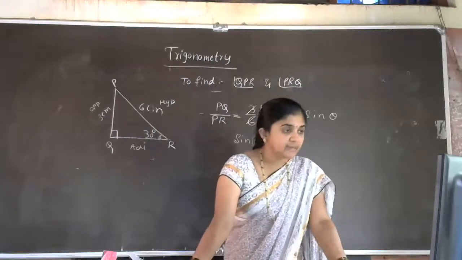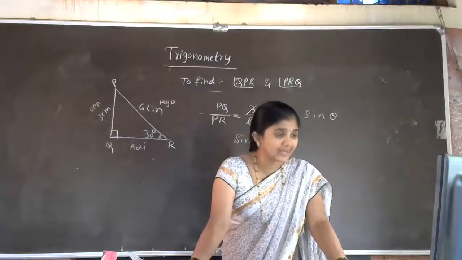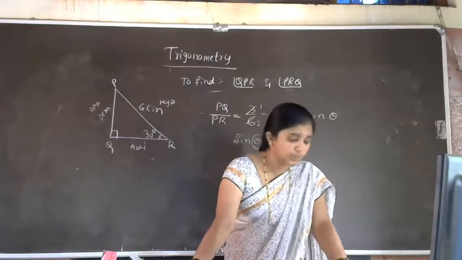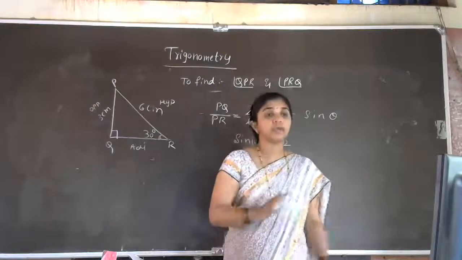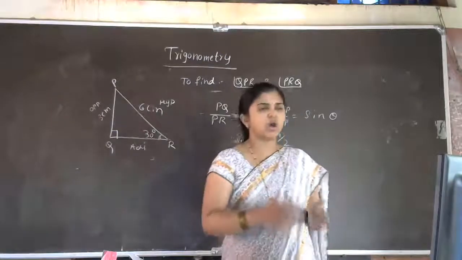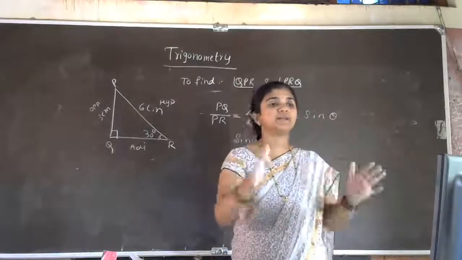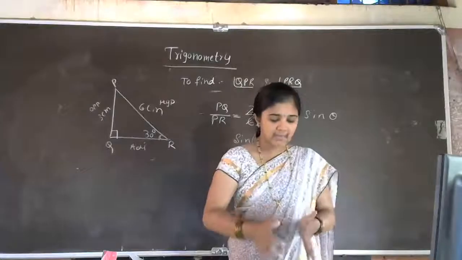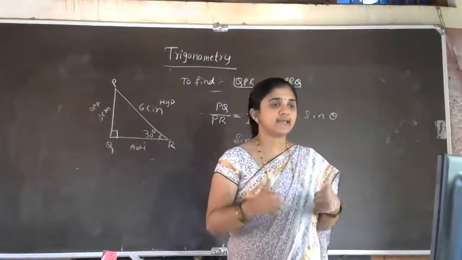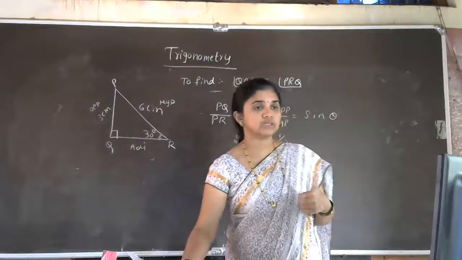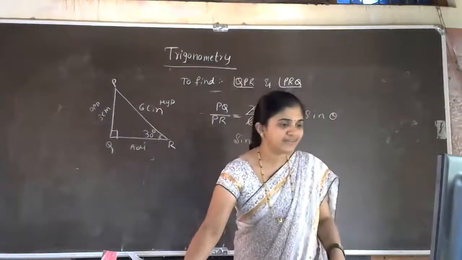Example 6, example 7 and example 8 are also there. Example 8 we'll discuss tomorrow. Today's homework is the second exercise. Now you are able to work out the second exercise. Almost all the problems are very easy. If you have a trigonometric values table, you are able to solve all the second exercise problems. So the second exercise is homework. You just complete that homework. Then we'll meet you in the next class.